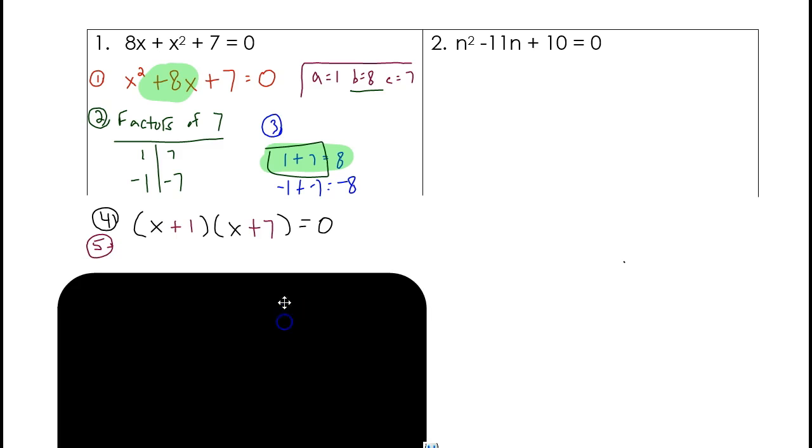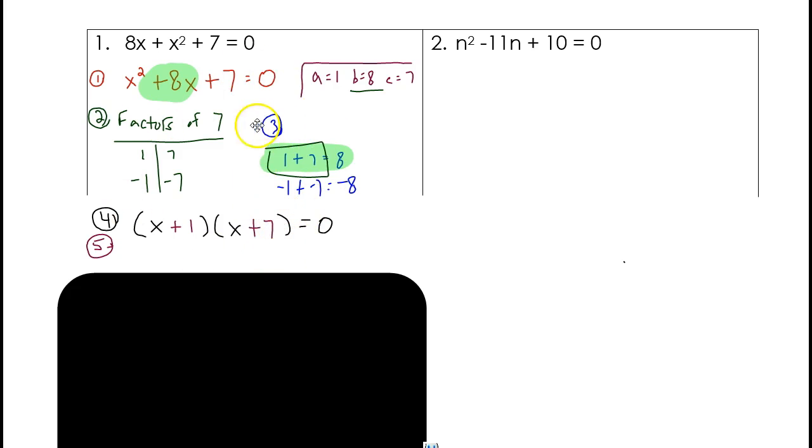Our fourth step is to put x in parentheses and another x in parentheses equals 0. And our fifth step is to plug in the 1 and the 7 that we got, the factors of 7 that added to give us 8. Okay. Now at this point, all of this seems like a lot of work, but